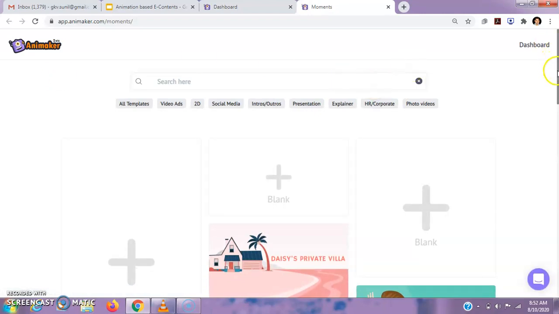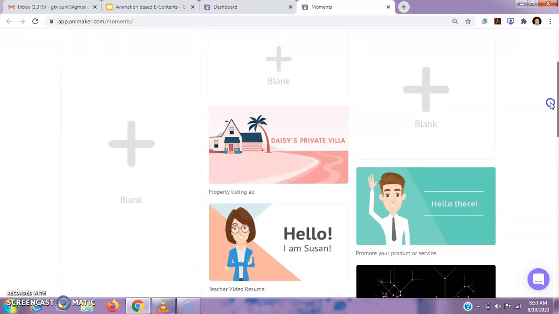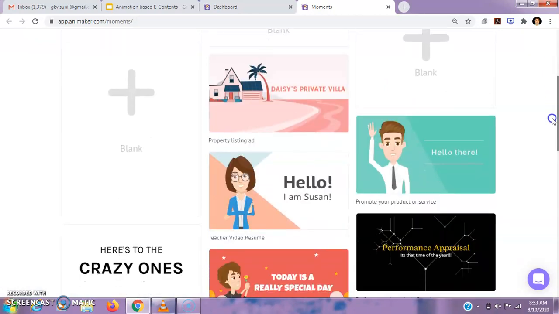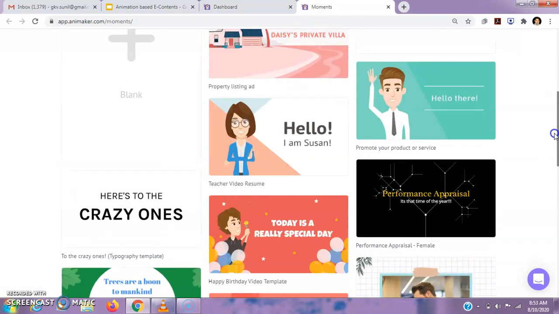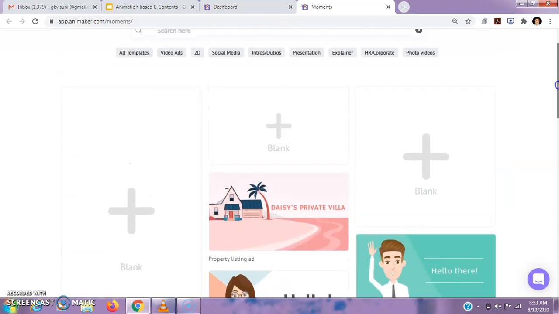Now we can see that there are also many templates available. We can use any one of them, and we can also create our own. So we will click on blank.